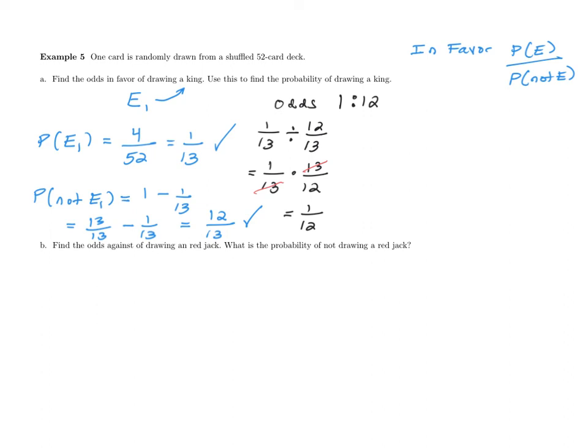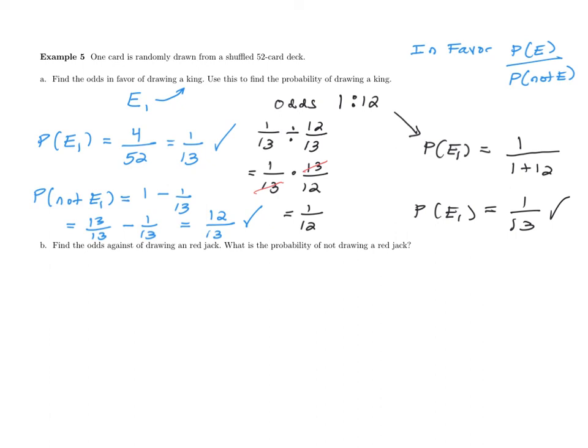So if you have odds and you want to go to probability, so to work backwards, the probability of E1 is the number of times that it happens, which is 1, it's this very first number here, divided by the total number of ways it can occur. That means both it doesn't happen and it does. It's the sum of those two numbers, 1 plus 12. And that probability is 1 over 13,